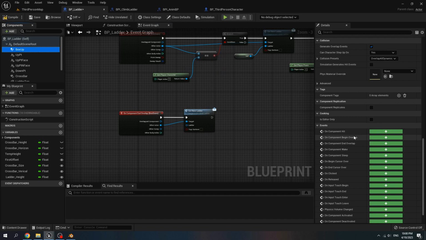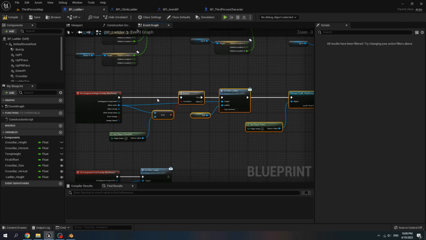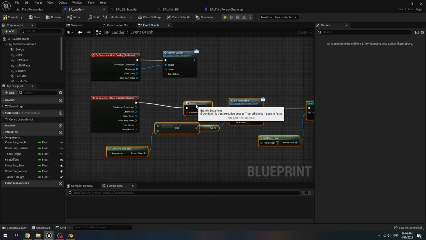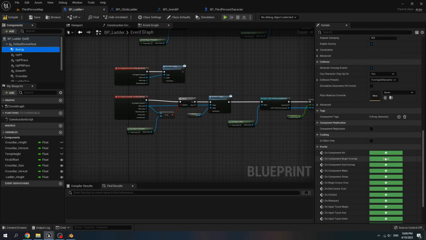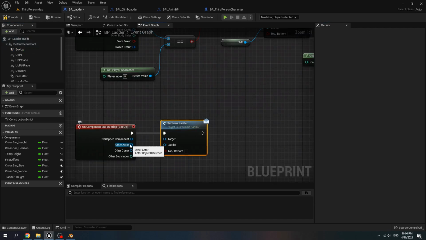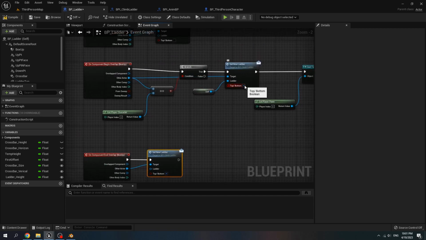For box up, on component begin overlap, copy all these nodes from the box down, paste it, connect it to box up, connect other actor to equal to get player character, and connect it to set new ladder box up. When it's at the overlap, it call set new ladder too. But for the box up, we set the top bottom is true, and this one is true too.